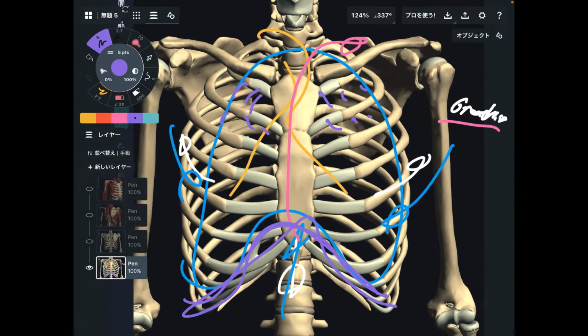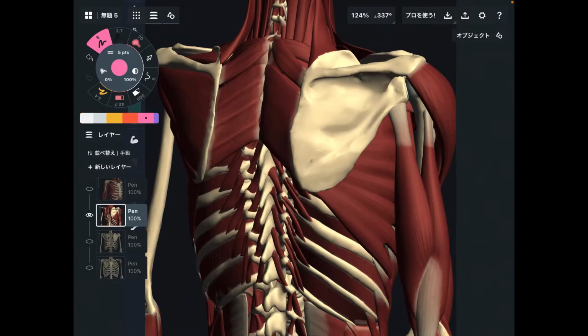But not only that. Many shoulder girdle muscles and back muscles attach to the thorax. So what can I say about that? If one particular muscle gets tight, that not only affects the ribcage and thorax, it may affect other parts of the body. That is very important. So from now on, let me explain the relationship among the thorax, scapula, lumbar spine, cervical spine, and so on. This is the posterior view.